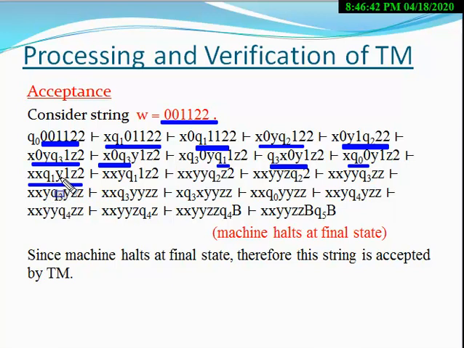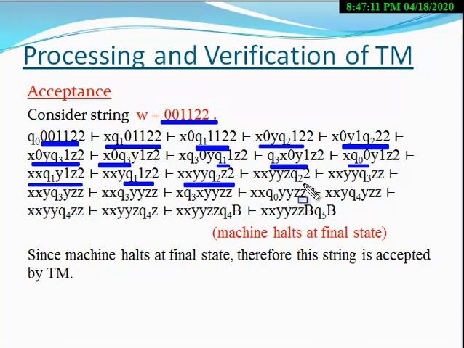So at the state Q1, as soon as Y appears, the machine moves in the right direction. Here at the state Q1, 1 appears, therefore 1 is converted into Y, Q1 becomes Q2, and the machine moves in the right direction. So when you apply the transition rule at this ID, the next ID becomes this ID. At the state Q2, since the Z tape symbol appears, the machine moves to the right direction, right?